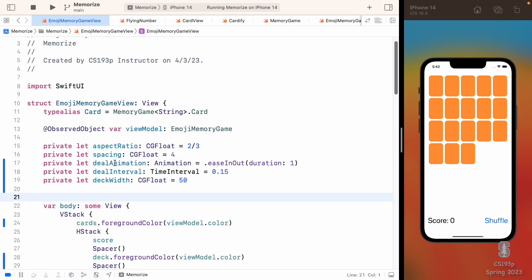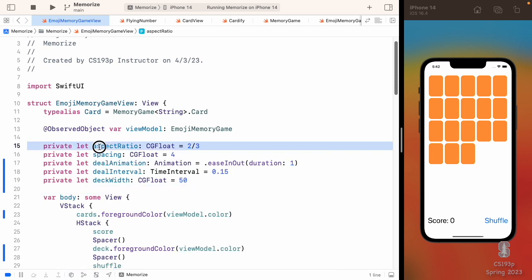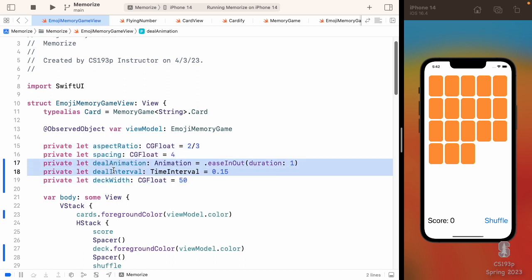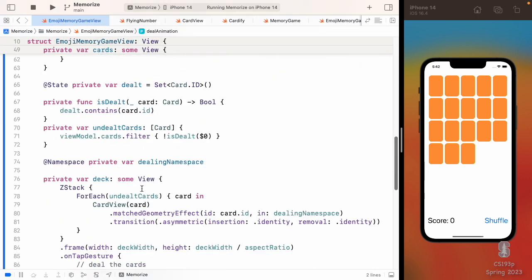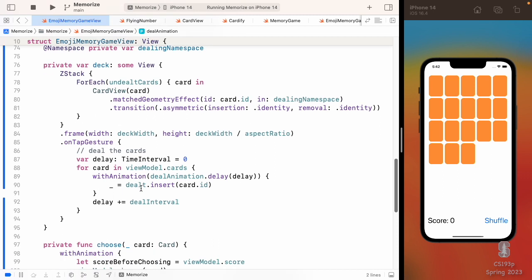And you can already see it's about time to start putting this in a constant struct. I'm really getting to the point where I have so many constants that you really would want that. And these ones would want to be in an animation substruct, probably, all kinds of nice stuff, but we're not going to do that, but you get the idea. All right, so let's try these numbers.